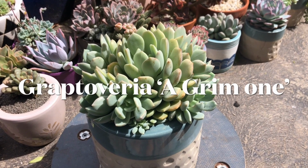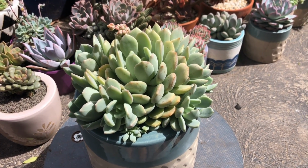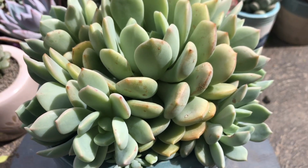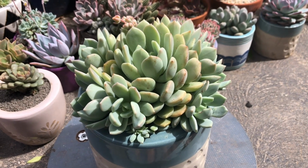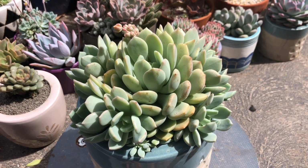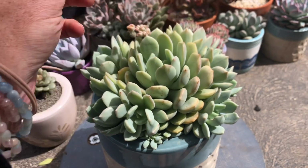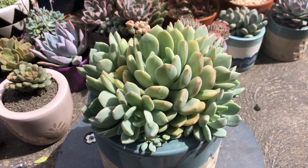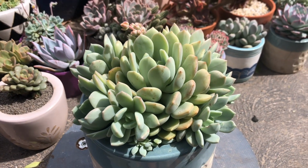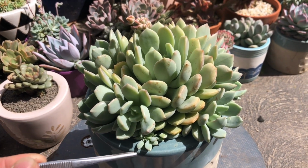Now this one here I absolutely love. It is one of my favorite succulents. It's a Graptoveria Agrim one, and in the previous video, it was a maintenance video where I was removing all the flower blooms. It had quite a lot of flower blooms it produced over spring, and I felt that it was detracting from the beauty because it was quite messy. Although the flowers were really gorgeous, a lovely yellow flower, I removed them